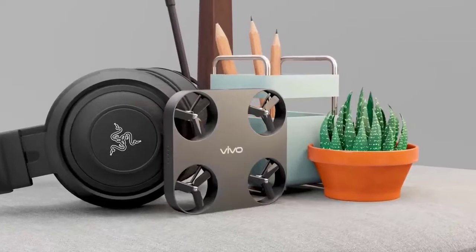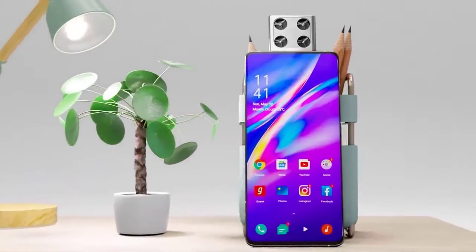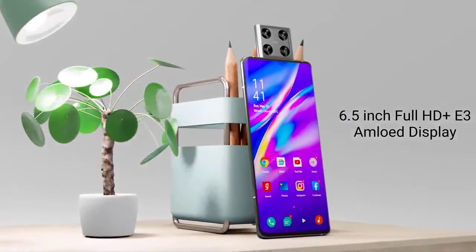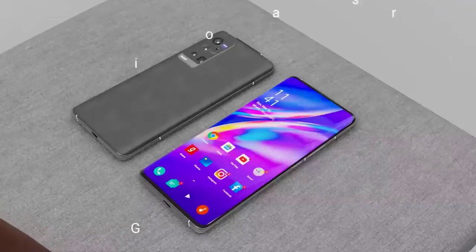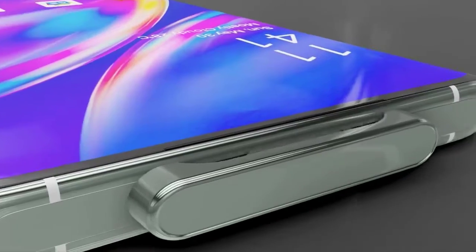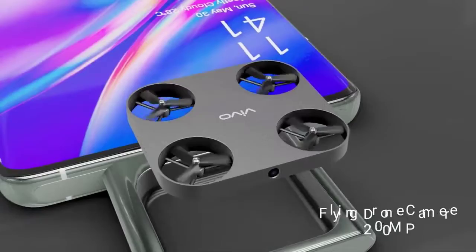According to a LetsGoDigital report, the Chinese tech giant filed for the patent with WIPO last year, which got published on the 1st of July 2021. Looking at the patent images for the smartphone, it appears to have a design similar to a modern smartphone. However, its most notable feature can be seen once the detachable flying camera pops out from the bottom of the device. In other words, this flying camera is essentially housed in the handset when not in use and is not